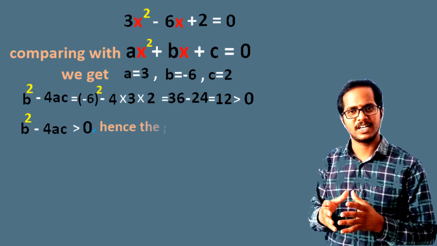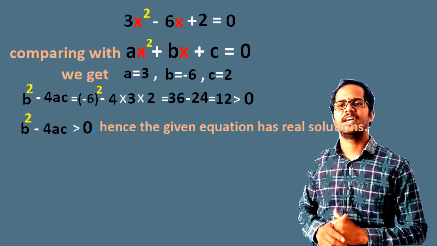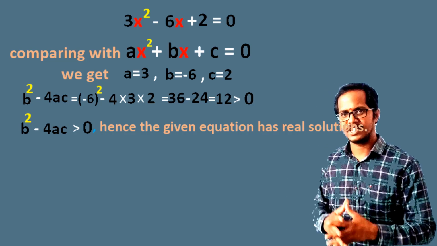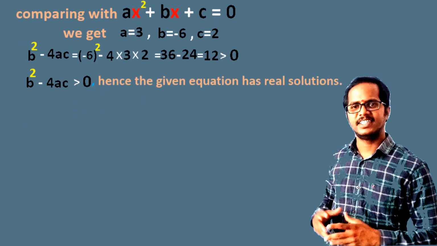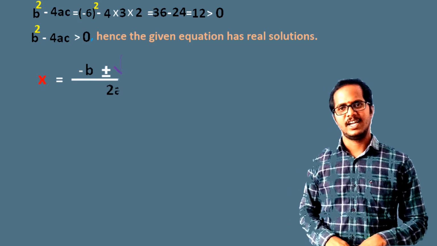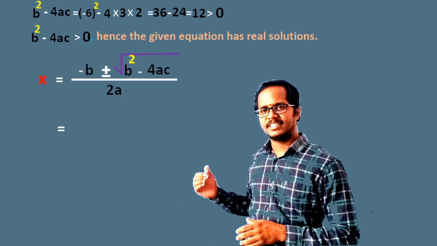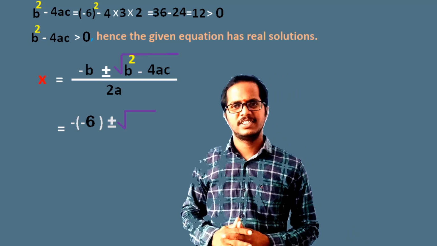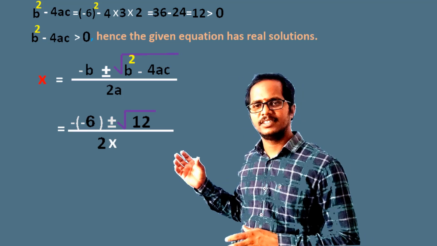That means we get the b square minus 4ac value as greater than 0. Hence, the given quadratic equation has real solutions. So let us find out those real solutions by using the quadratic formula. What is the quadratic formula? That is x equals to minus b plus or minus under root b square minus 4ac by 2a. And substituting the corresponding values in this formula, we get minus into minus 6 plus or minus under root of, now b square minus 4ac value is 12, so we get square root 12 by 2 into 3,